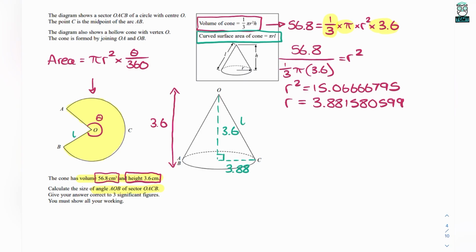So if we do a squared plus b squared equals c squared, or in this case L squared, we'd have 3.6 squared plus 3.8815 etc. squared, and that's going to equal L squared. Now I already have that 3.88 number on my calculator, so I'm going to type in 3.6 squared plus answer squared, or if you didn't have it in there, you'd have to type it all out again, and that equals, and here we go, L squared is going to equal